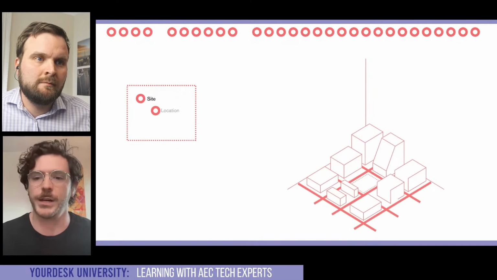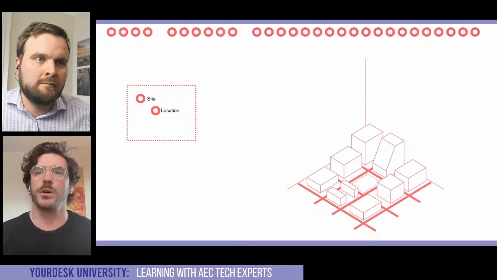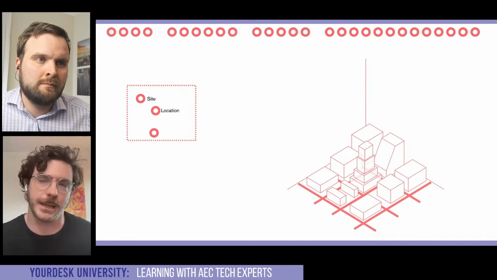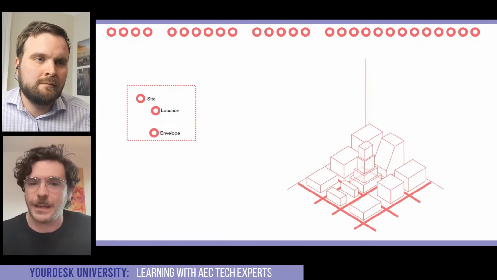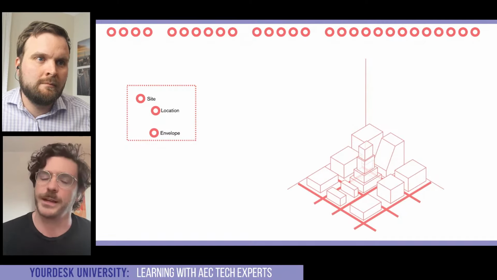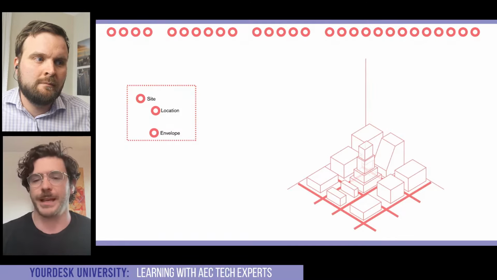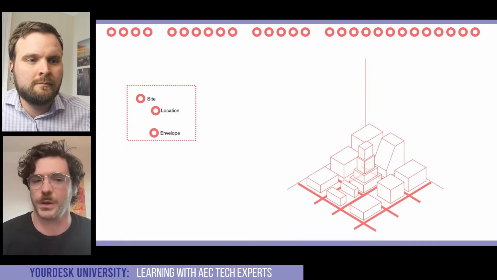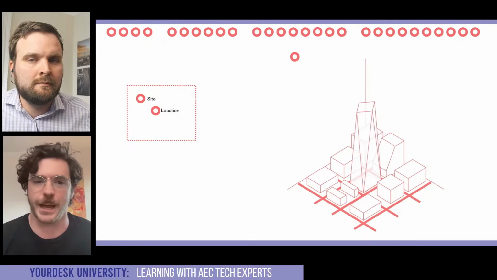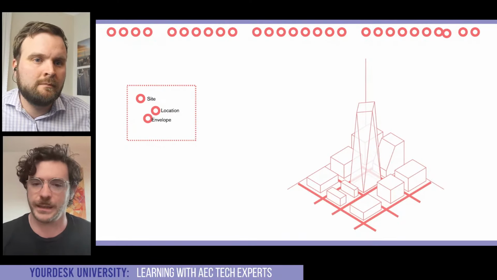So you might pull down a function to establish your project site and pull down another one to set up the 3D building context and the location. You might pull down another one to do a quick schematic massing study using a particular strategy for the building envelope. And then you may decide that you don't actually like that strategy. One of the cool things about Hypar as a platform is that you can mix and match and pull down different strategies for the same kinds of systems. So I can throw this one out and bring in a different envelope strategy, and maybe say, I don't like that one, and pull in another one that's slightly different.